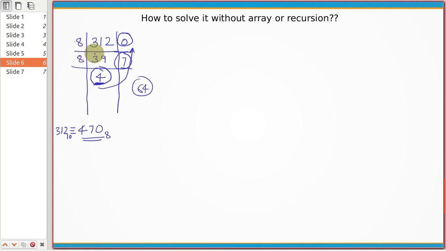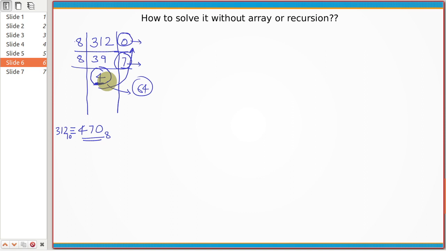When you first divided it by 8, you got 39 boxes of 8 stars each. When you divided it by 8 again, you got big boxes, that is, how many big boxes, each containing 8 smaller boxes, that you can create, and each smaller box has 8 stars. So a bigger box will have 8 8s are 64 stars. So this 4 represents how many boxes of size 64 that you can create. This number represents, after creating the bigger boxes, how many smaller boxes will be left, and this represents how many loose stars will be left. In this case, there are no loose stars left, hence the value is 0, right?